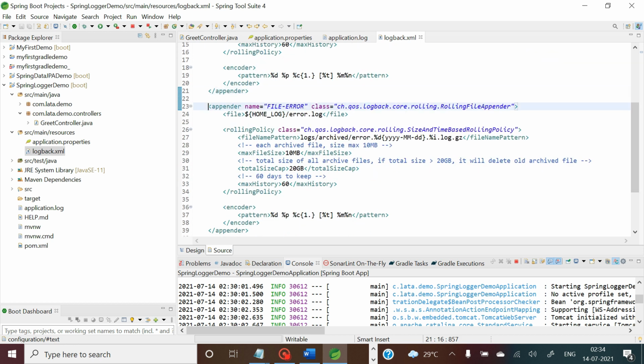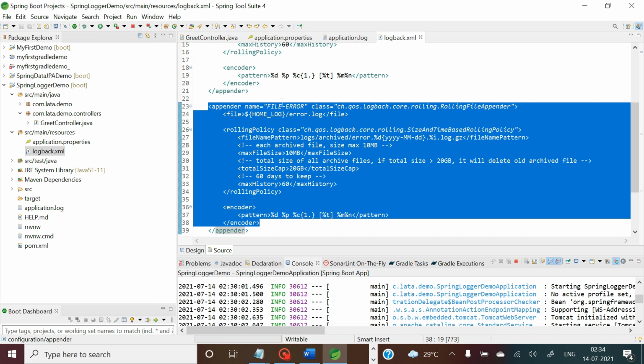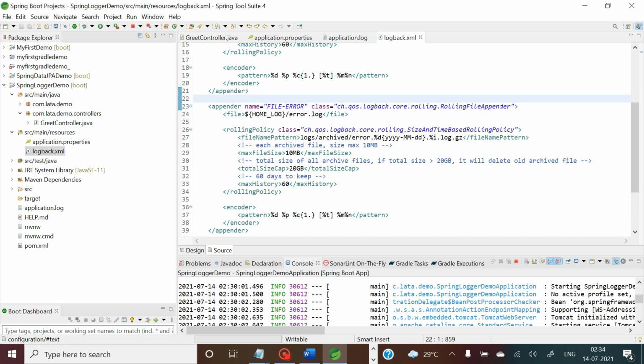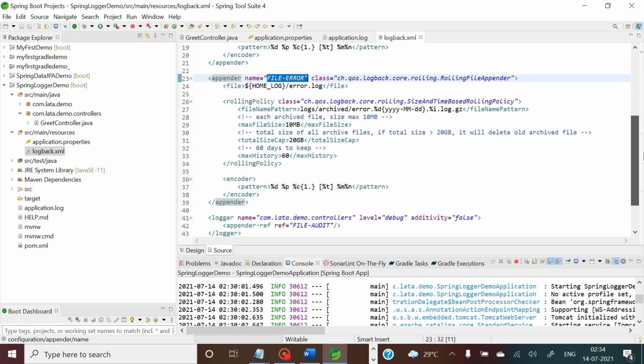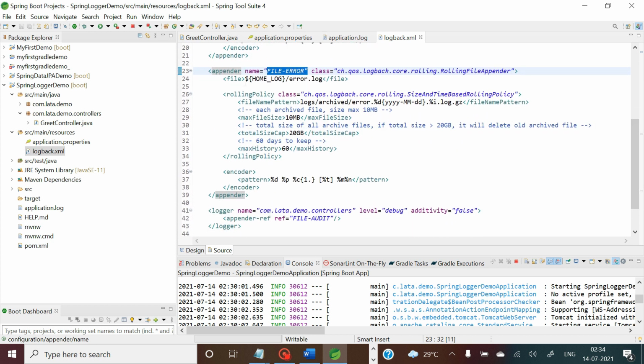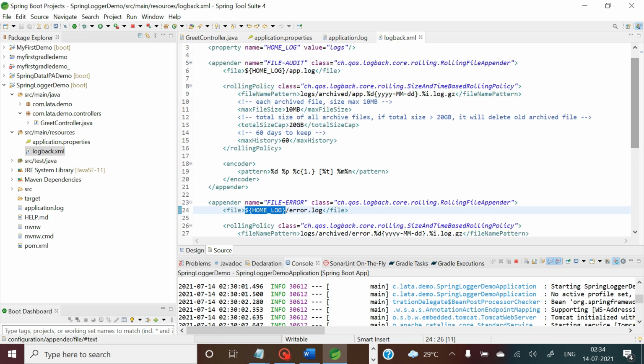In the same way you have created appender for error also. So this is the appender for error. In the same way you have specified rolling file appender like you did before, and you have given it a name, file error. All the error related information is needed to be maintained in home log that has value as logs.